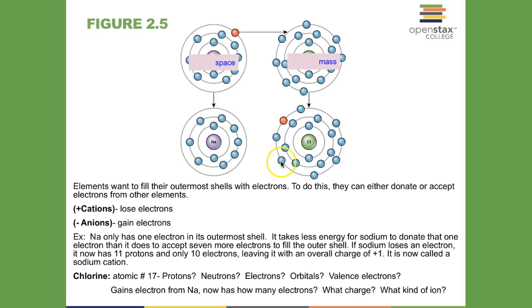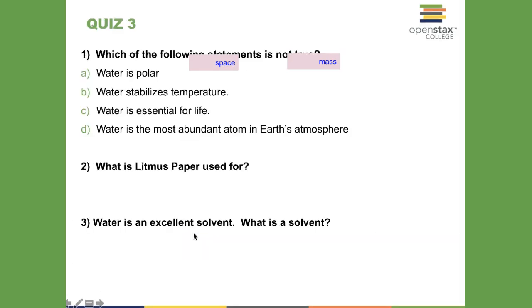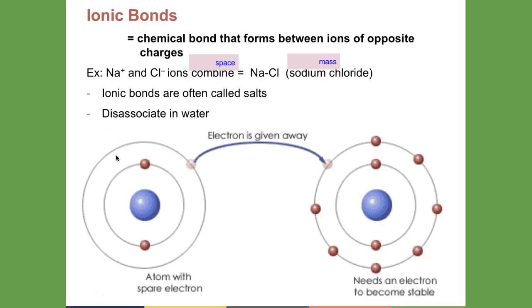This is just breaking it all down together so you can see it from the beginning to the end, and so you can understand: cations lose, anions gain electrons. The example is actually in your book as well, so you can look at it a little further. And this is a quick quiz as well, so you can test yourself a little bit. You also want to understand this further, because you will be going through these items for your lab as well.